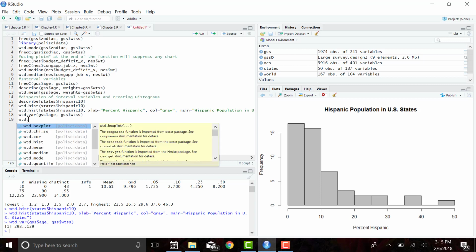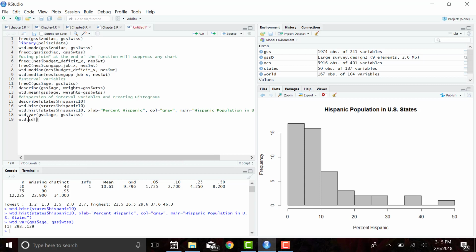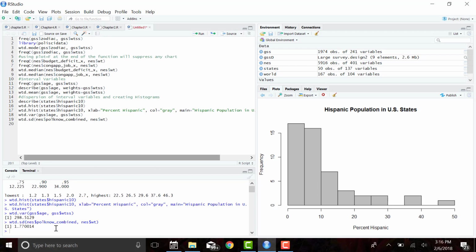And this function is for your standard deviation. And again, because it's NES, you're going to have to include weights. And for the variance on the first example, you should have gotten 298.5129, and on the second example,